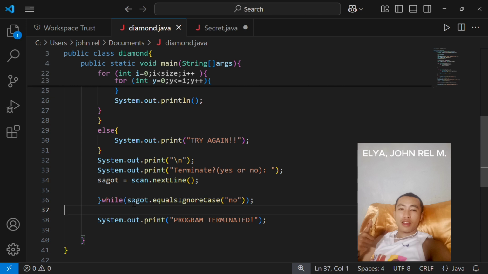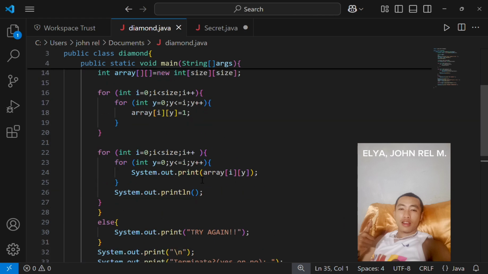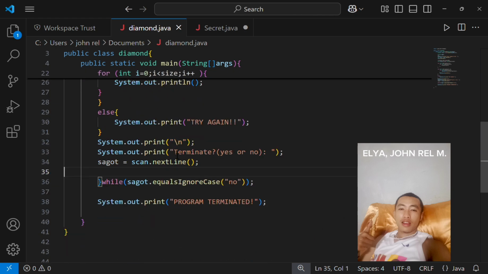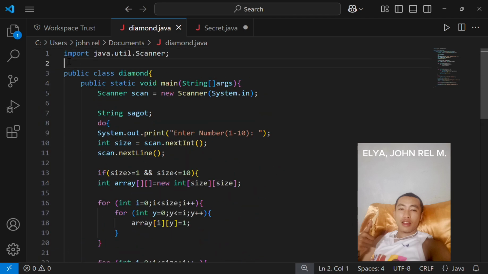The sagot equalsIgnoreCase is the condition. If sagot equals no, which is true, it will run back to the top, and if the user answers yes, it will terminate the program. So that's how my program works from top to bottom.